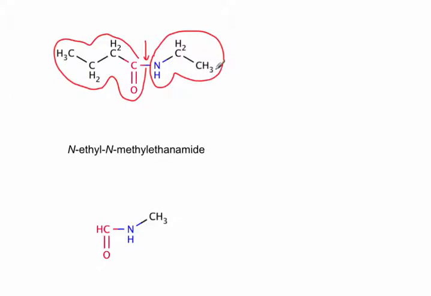So this molecule would be called N-ethyl, 4-carbon carboxylic acid, so that becomes butanamide. So an N branch because we have this ethyl group bonded to the nitrogen of the functional group. N-ethyl and methyl ethanamide. So this is a little different, but we can draw our ethanamide first, which is C